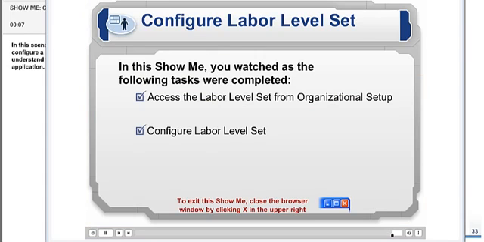That completes this demonstration. When you're ready to exit, close your browser window by clicking X in the